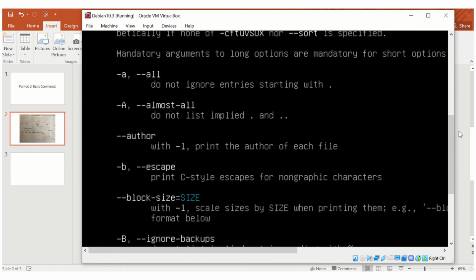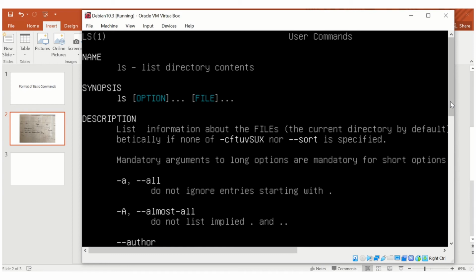Or command option. People tend to call them command options. So you use a hyphen, and then immediately after the hyphen, no spaces, you pick the letter or letters of each of the features you want to switch on. So we're going to switch on a feature called long listing. So if I scroll down,